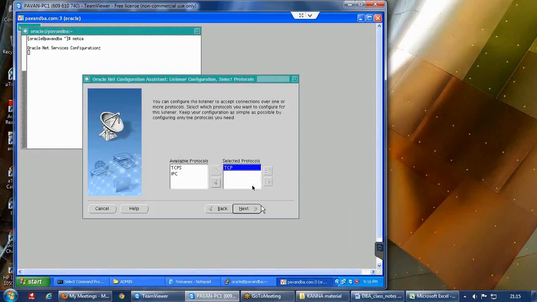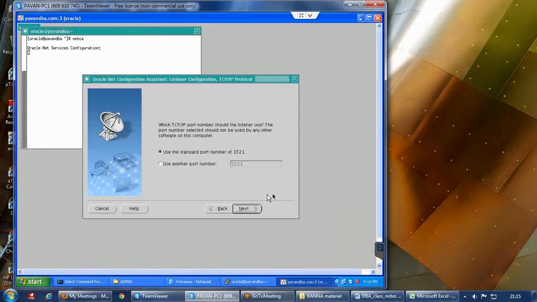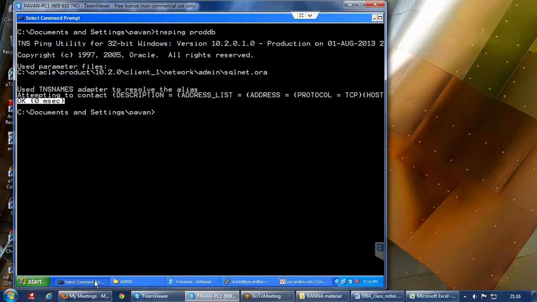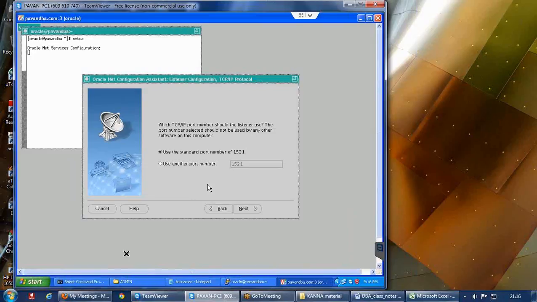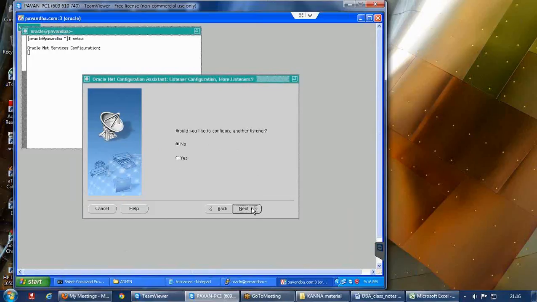Select the protocol TCP, and use the standard port number 1521, because in the TNS entry I have used 1521. Here also I compulsorily need to use 1521 only. Would you like to configure another listener? As of now, no.